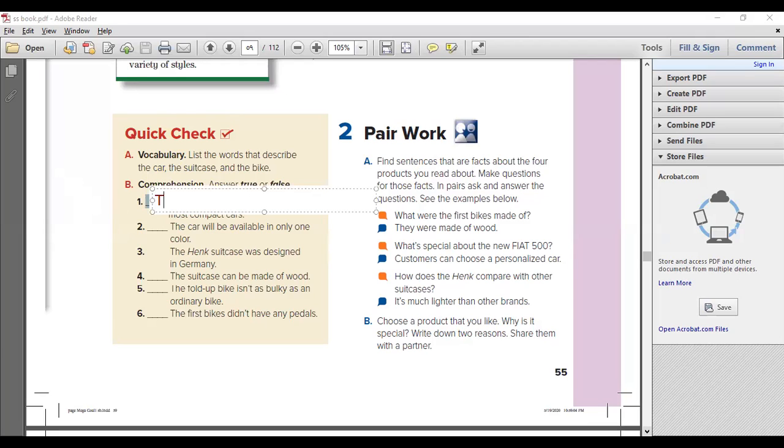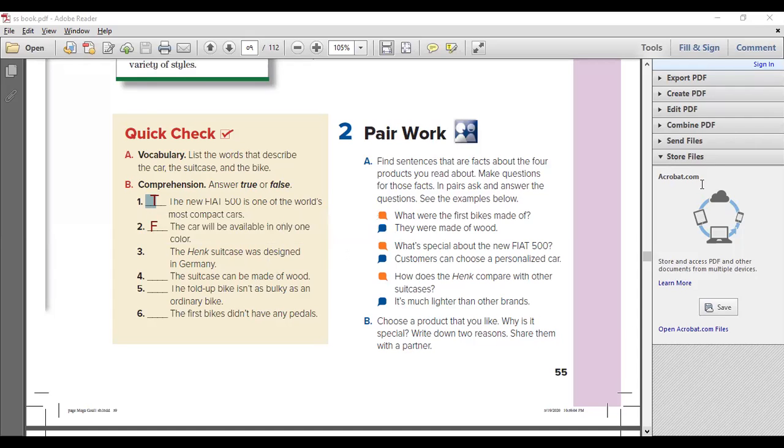Let me write this. Number two, Mariam, can you read the sentence first? The car will be available in only one color. I think it's false. Yes, it is false. They say that it's going to be with another color.